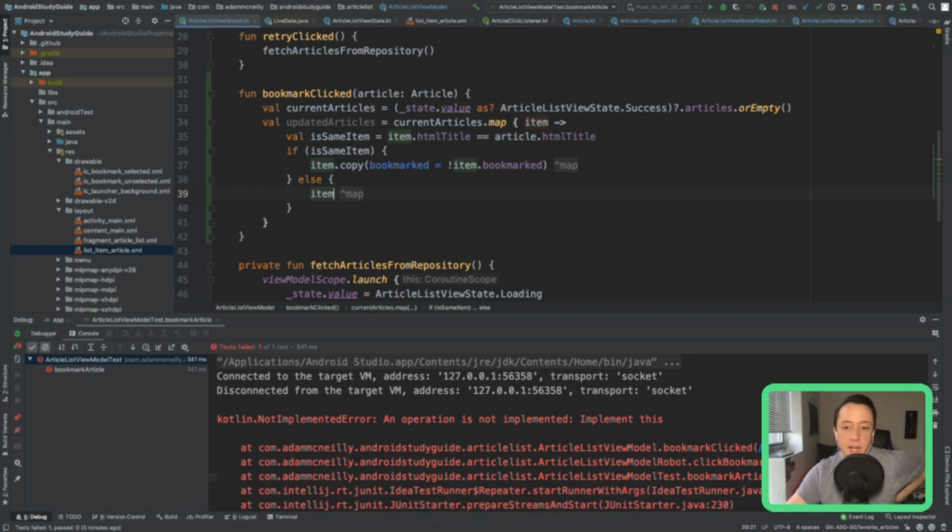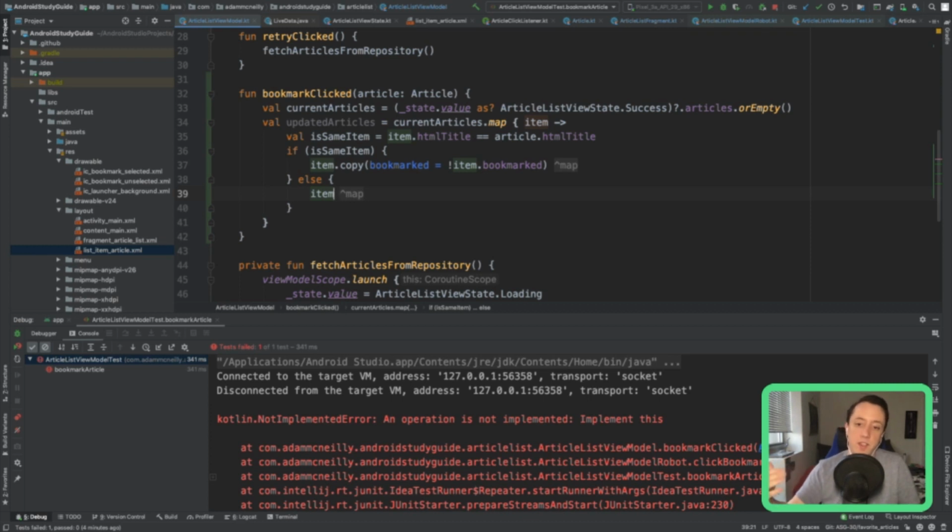There's probably something better. To talk again about a long-term solution: all of the favorited articles would be persisted in a Room database. And then we could use a Flow to keep an open connection to the database. So anytime we want to change an article, we change it, persist it to the database, and then we would get an update from Room saying our bookmarked articles have changed, and we would use that to update the UI.